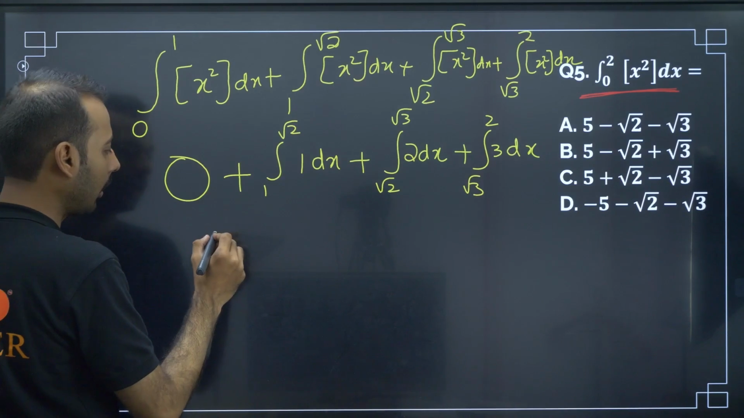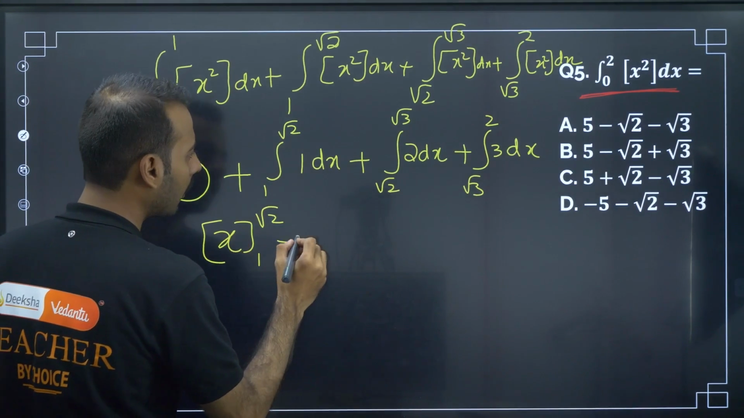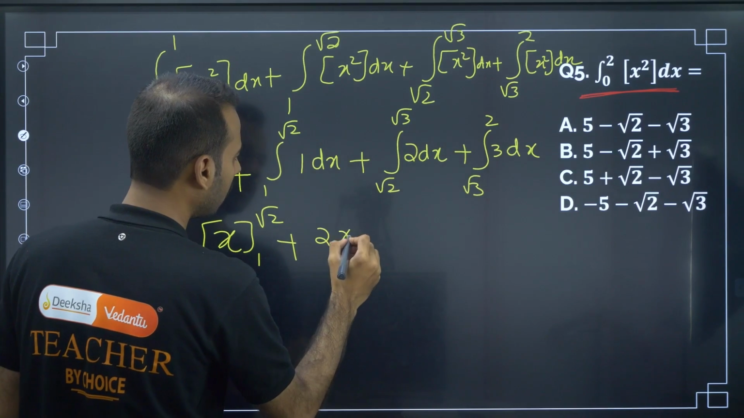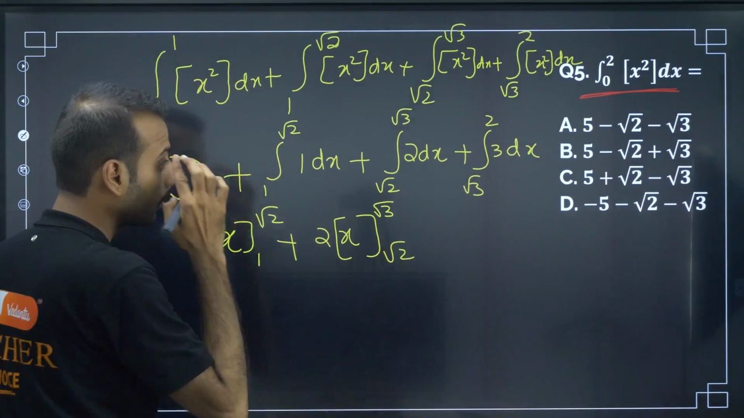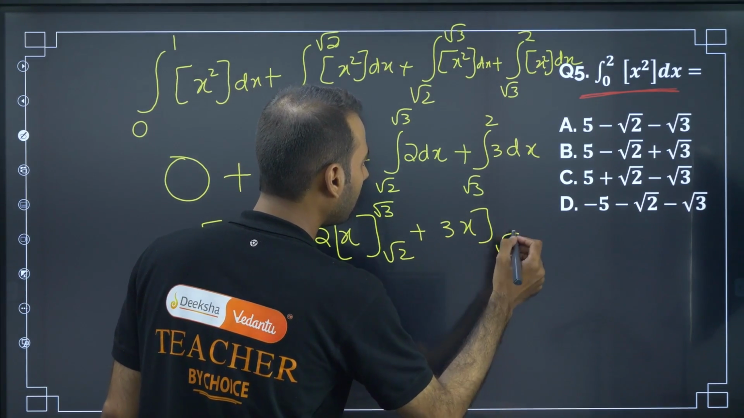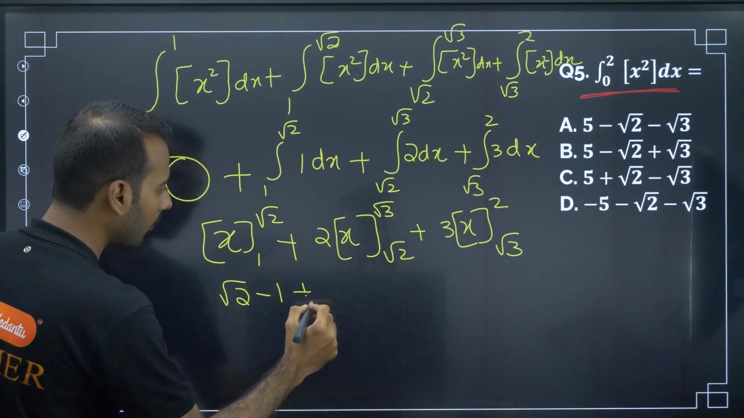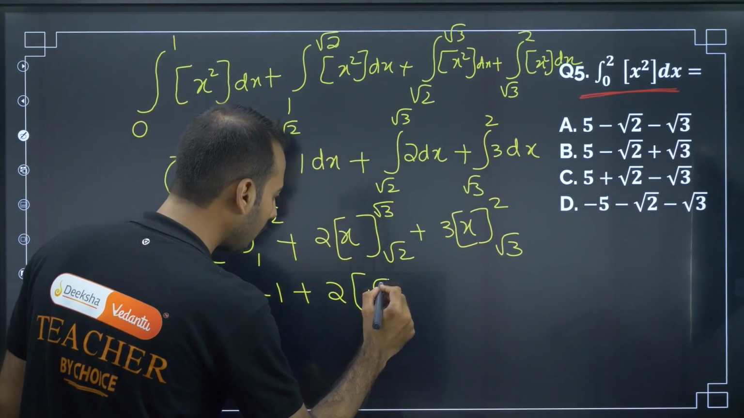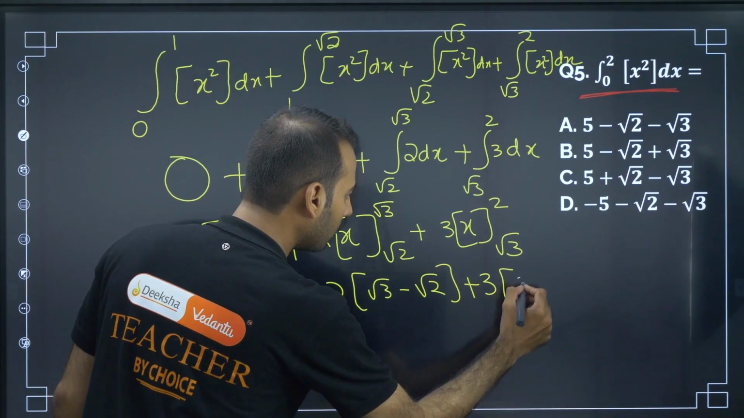Now if I integrate 1, I will get x from root 2 to root 3, plus 2x from root 2 to root 3, next 3x from root 2 to root 3. Now here if I substitute upper limit minus lower limit, plus 2 root 3 minus root 2, plus 3